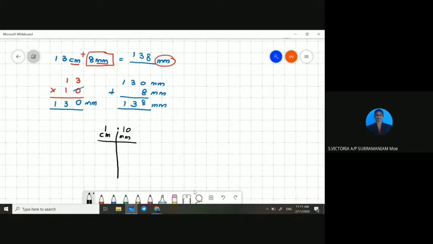point. Now you see in this question, 13 centimeter and 8 millimeter. Here in millimeter there is only 1 zero, so we need to write only one number in the millimeter house, right? Now this 13 is in which house? Centimeter house, so you just copy this 13 to the centimeter house. And this 8 is in which house? Millimeter house. You just copy the 8 to the millimeter house. So you already get your answer, 130 millimeter. You understand?